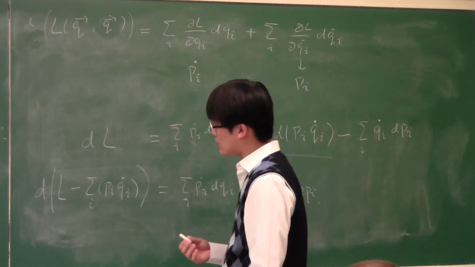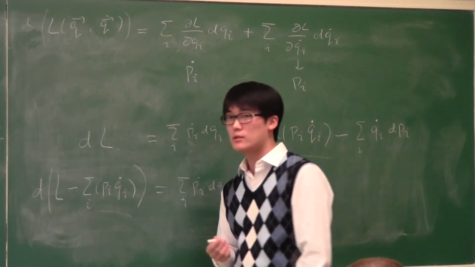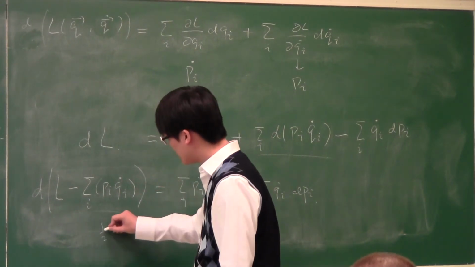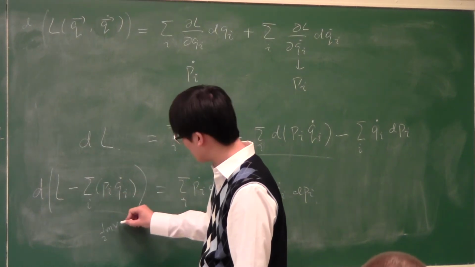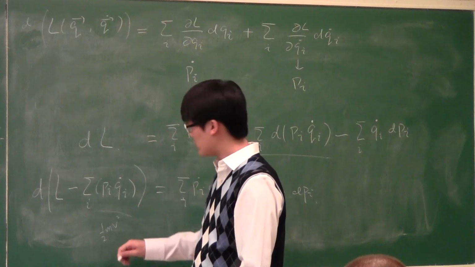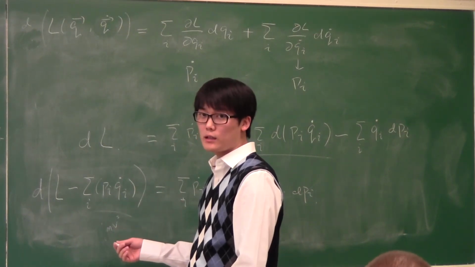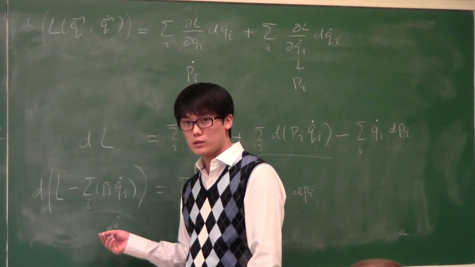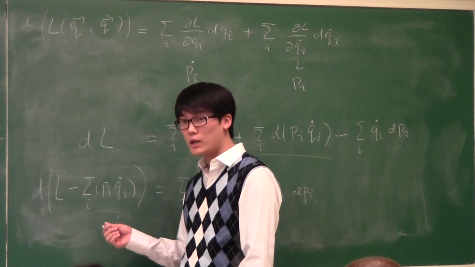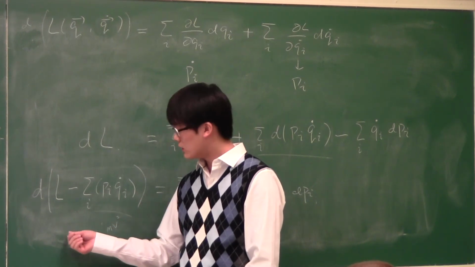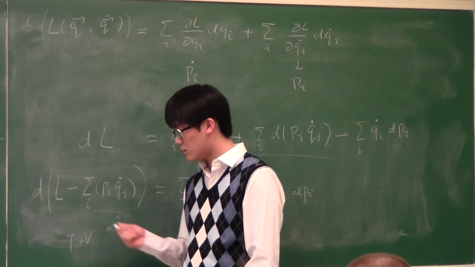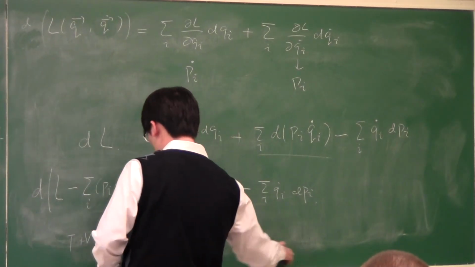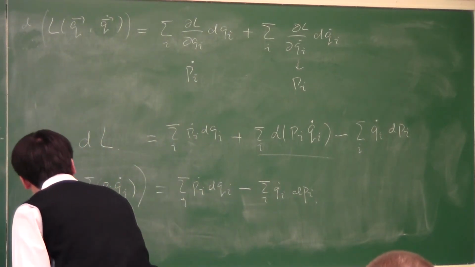Now we're going to apply a minus sign, and the reason for that is, notice that if you think about a simple case, this is sort of like mv coming from the p, and then v, so mv squared. Oh sorry, there's no 1/2 here. This is twice the kinetic energy. And now we're taking the kinetic energy minus the potential energy, and then subtracting twice the kinetic energy. If I put a minus sign on here, what I would expect is to get the kinetic plus the potential energy, which is the total energy of the system. So we want this quantity, so let's apply a minus sign to both sides of the equation. Okay, and that defines